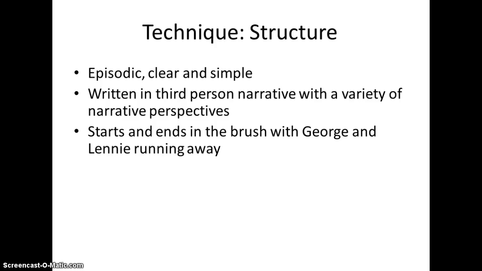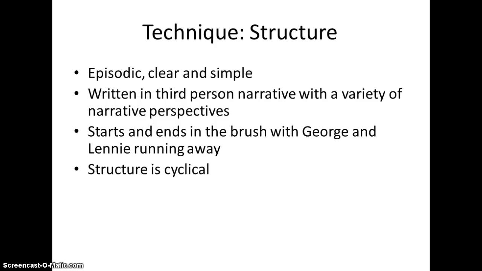This time it's gone a bit too far. Lenny's ended up killing Curly's wife, and they've had to run away. Now, because of this start and end, we would say that the structure is cyclical. In other words, it goes in a cycle. History seems to repeat itself, and it's almost a vicious circle. You do get a sense that this has happened to George and Lenny a lot, and because of that he has to break that cycle at the end. But the structure is cyclical,